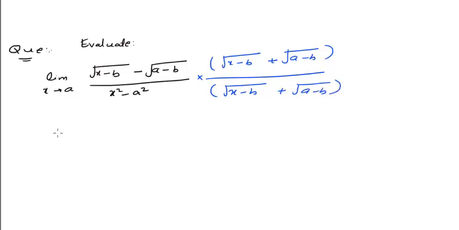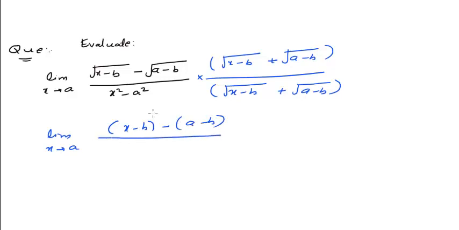So what it turns out is, limit x tending to a, what you get is a minus b into a plus b, that will be a square minus b square. So what do you get? x minus b minus of a minus b in the numerator. What's remaining in the denominator is, if you factorize x square minus a square, what do you get? x minus a into x plus a, and multiplied by under root of x minus b plus under root of a minus b. Yes or no? Clear? So if you look at this, minus b and plus b, they will get cancelled out.